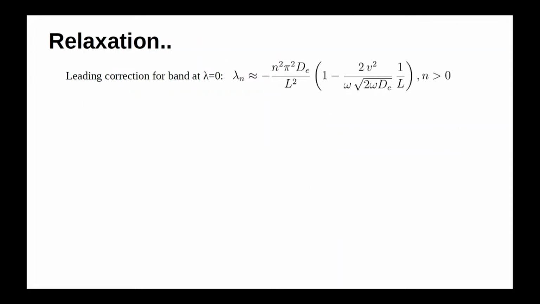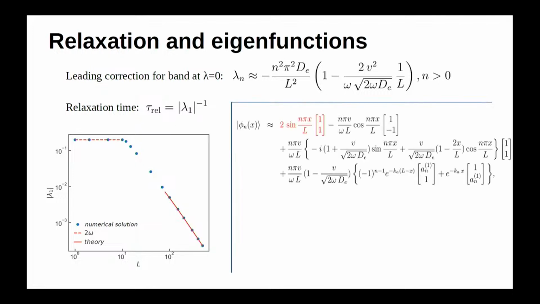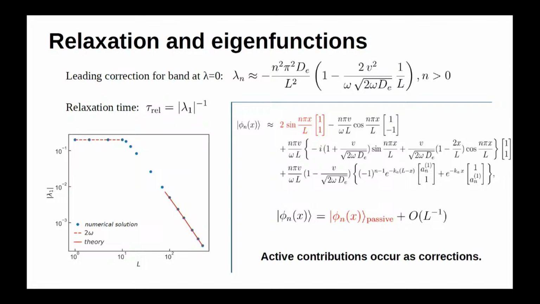So, we go to the next order and we see that this active contribution proportional to V comes at order 1 over L. This is the relaxation for n equal to 1, and there is a non-monotonicity, because at small system size the tumble rate governs the relaxation, but when the system size is large you have many tumbles, so you go to diffusive. When you calculate the eigenfunction, this is clumsy, you need not look at that, but the point is that in the eigenfunction also the leading behavior is passive like and the active contribution is in the subleading order. So, apparently active contribution occurs as corrections,